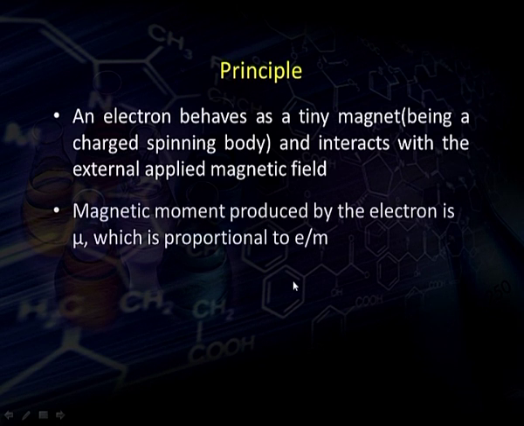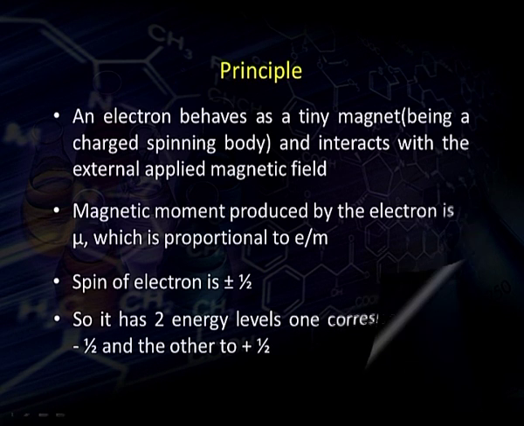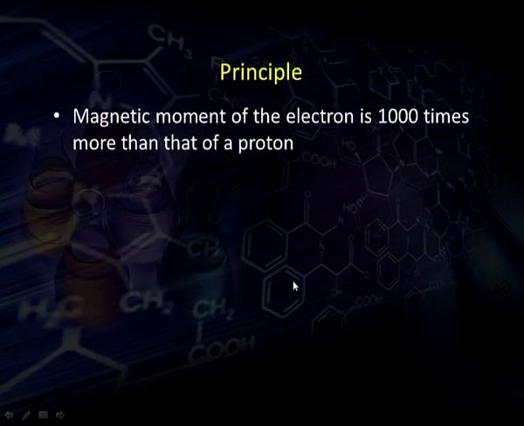The magnetic moment produced by the electron is mu and it is proportional to the charge upon mass, that is we can say e upon m. The spin of the electron is either plus half or minus half. We all know that the electron exists in two spins, either it is moving clockwise or anti-clockwise. So it has two energy levels, one corresponding to the minus half spin and the other corresponding to the plus half spin. The magnetic moment of an electron is 1000 times more than that of a proton,